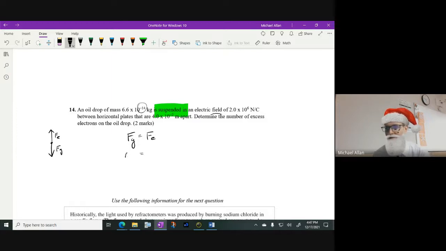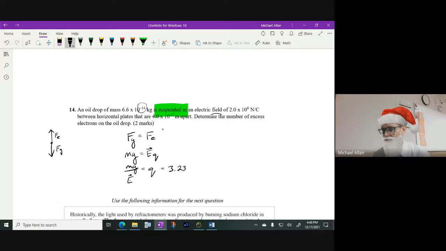To calculate gravity, go mass times gravity. Calculate this one, go E times Q. Just watch how you draw your Q's and your G's. They might look the same. Let's find that Q there. So I'm just going to leave the Q alone because it's already in the numerator. That's good. Just leave it there. Divide the E down and flip over your key, and you get